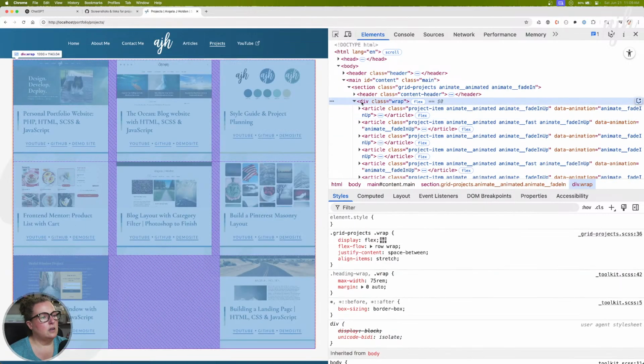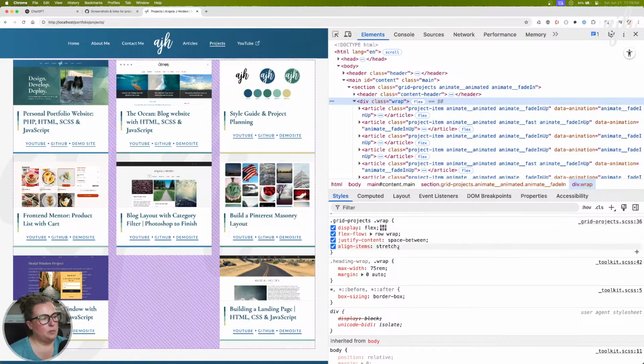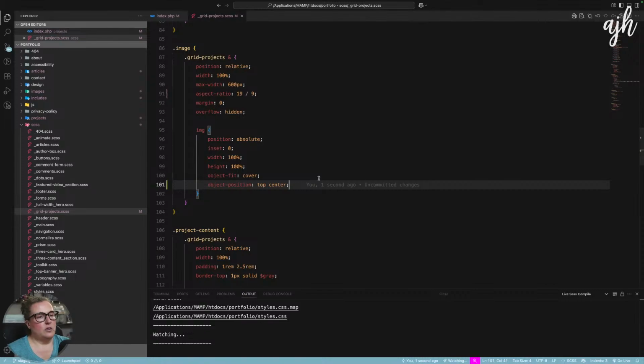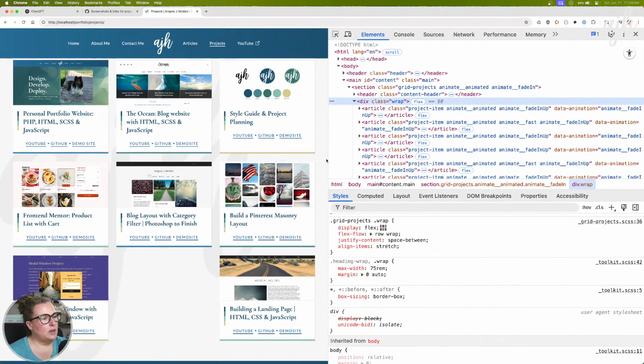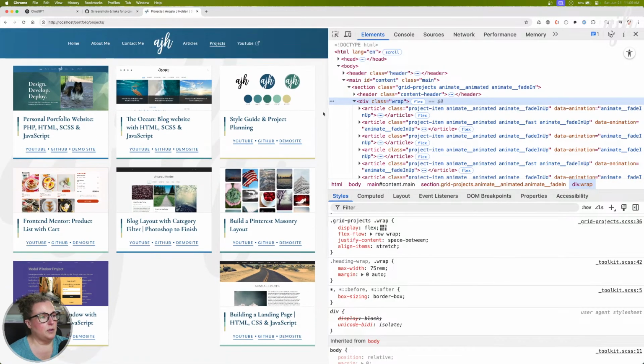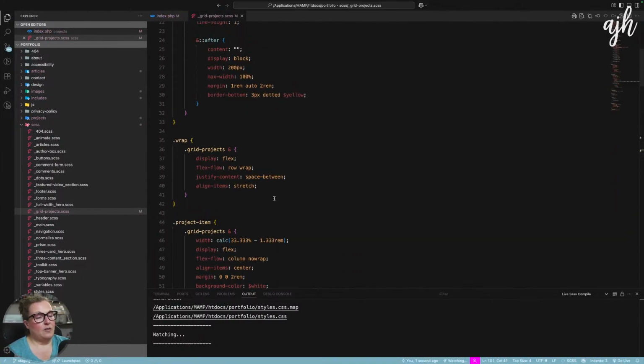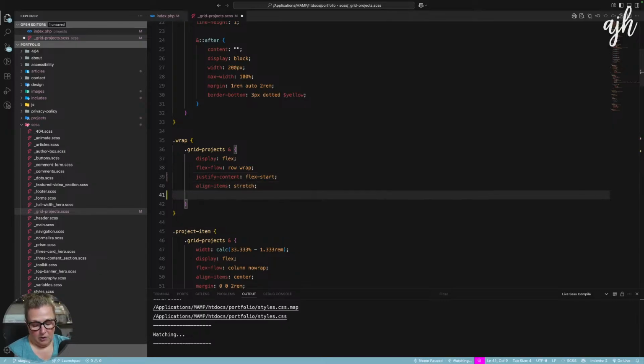Now let's update right here. So we have space between. So this is where we need to really use gap to get the spacing that we want. And I personally, this is going to sound crazy, have struggled a little bit with the best ways to use gap. It's just in the last few weeks that I've started to kind of wrap my head around it. So what we really want, instead of space between, I'm going to do flex start, and I'm going to do a gap of 1 rem,